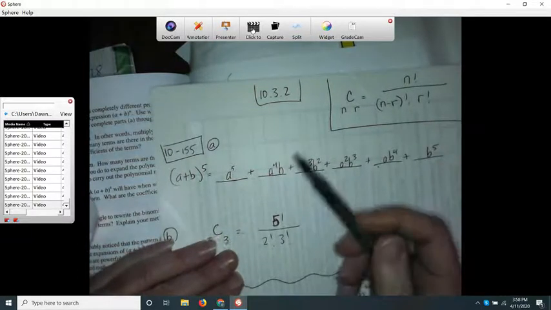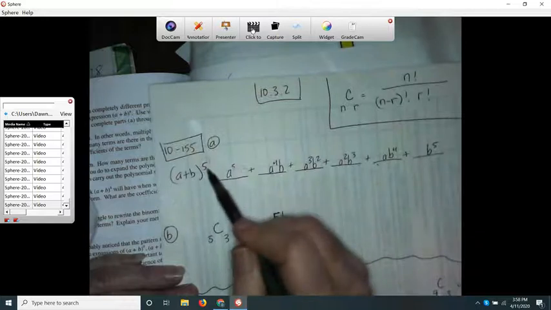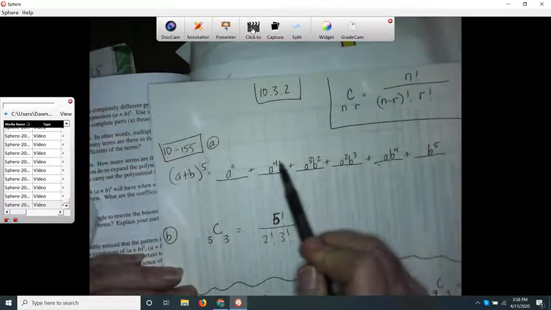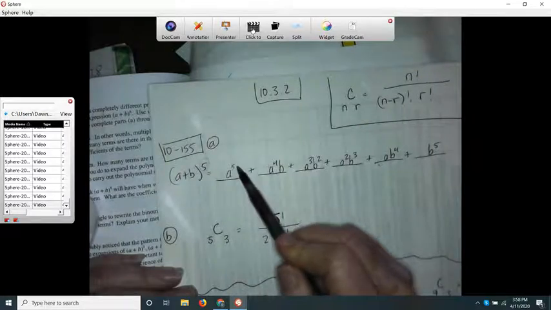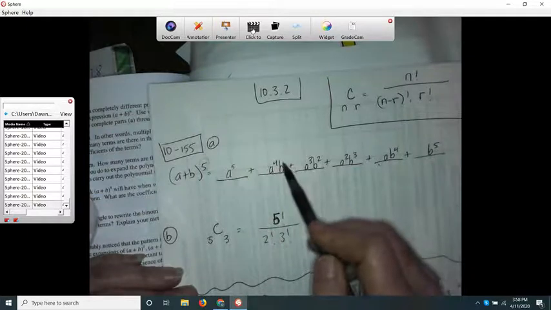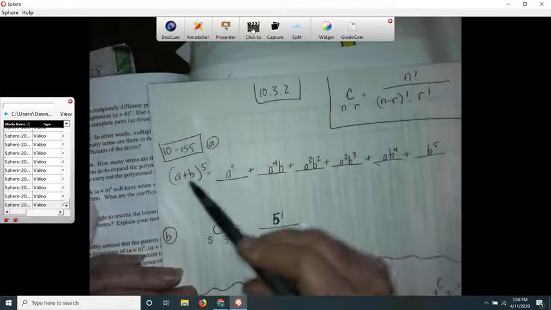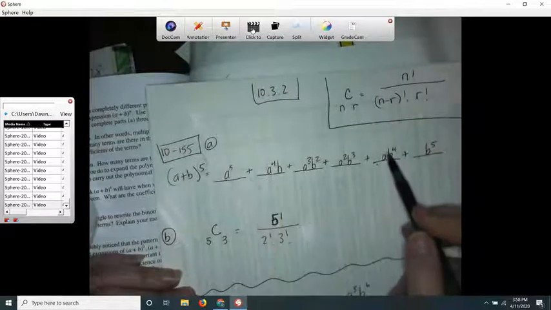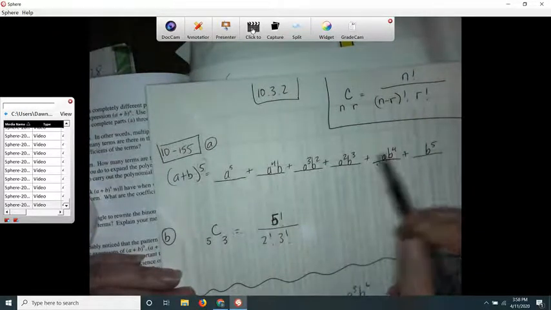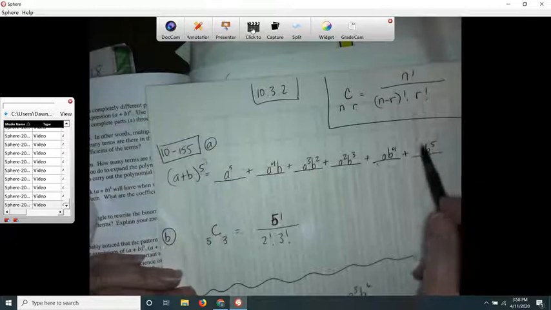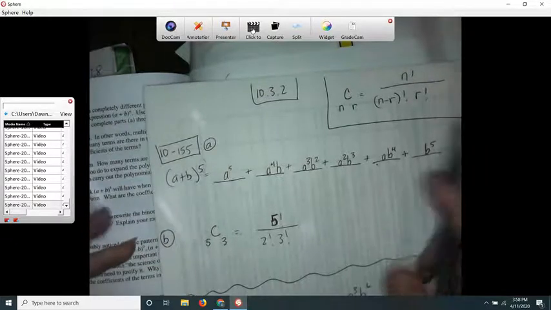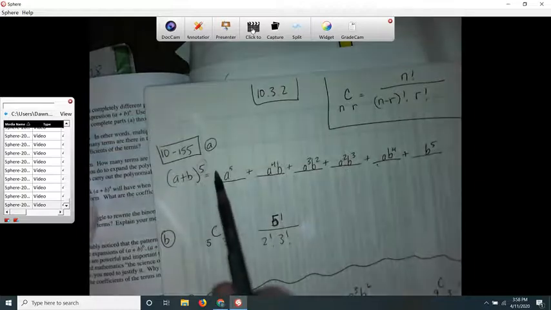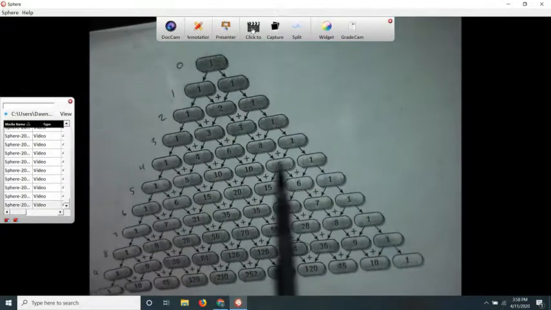And notice that this is the 5th power, and all of these exponents are always going to add up to 5. Like, this was a^5 b^0: 5 plus 0 is 5. This is b to the 1: 4 plus 1 is 5. 3 plus 2 is 5. 2 plus 3 is 5. a to the 1 plus 4 is 5, and a to the 0, 0 plus 5 is 5. Just so you know. And if I wanted to fill in the coefficients, I could grab them off of here,